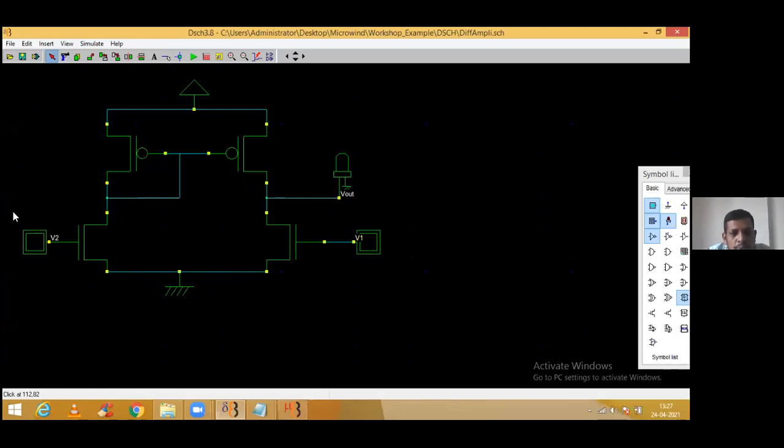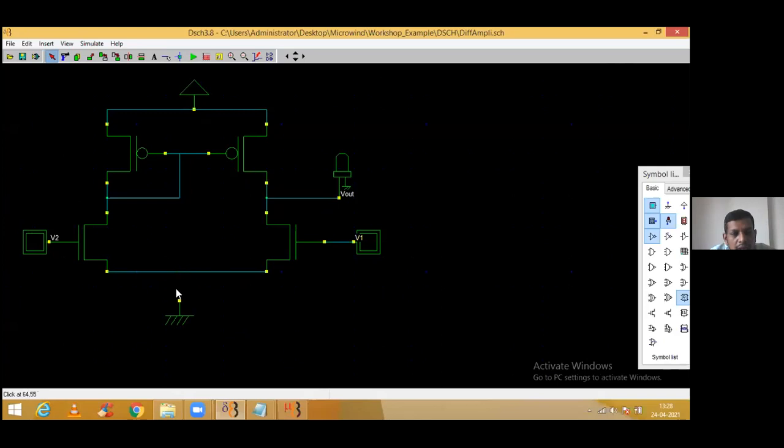Forget about these two NMOS transistors. Only with this gate connected with each other, and the combination of gate to the drain-source combination of this, the circuitry is acting as a PMOS-based current mirror circuitry. These are the mirror image of your PMOS transistors, gates connected with each other, and because of that, the circuitry is acting as a current mirror circuitry. And the application, or working, is very simple.